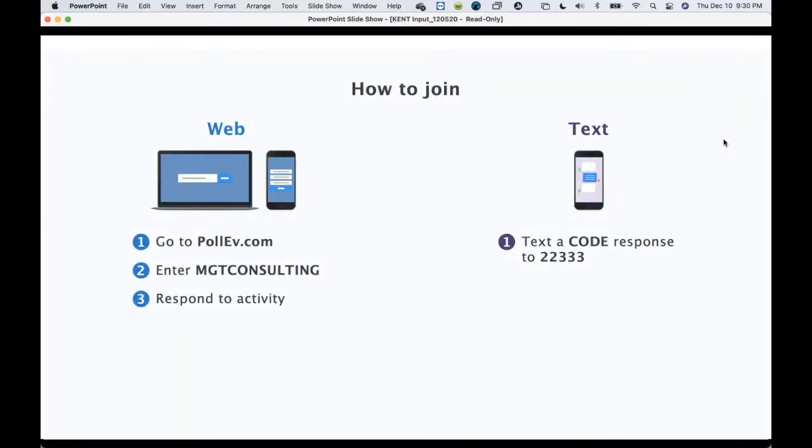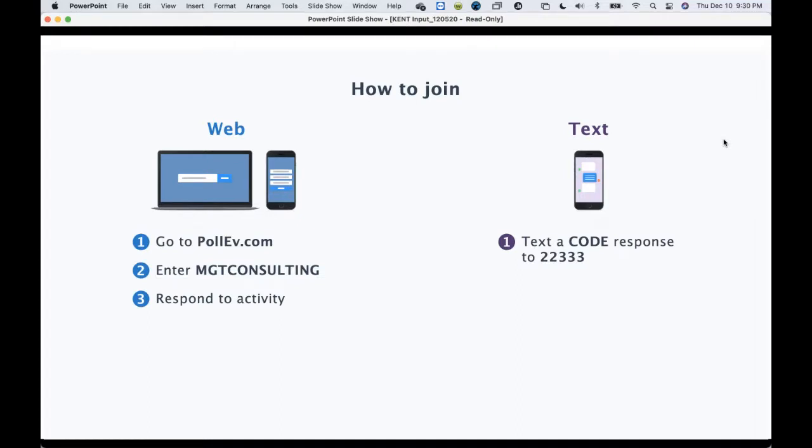Perfect. So if everyone who's on the call tonight would like to join us, you can join in one of two ways. By web browser, you can go to pollev.com and enter MGT Consulting. That will allow you to respond to the activity. Or you can join us by text message. And it says text a code response. That code is actually text MGT Consulting to